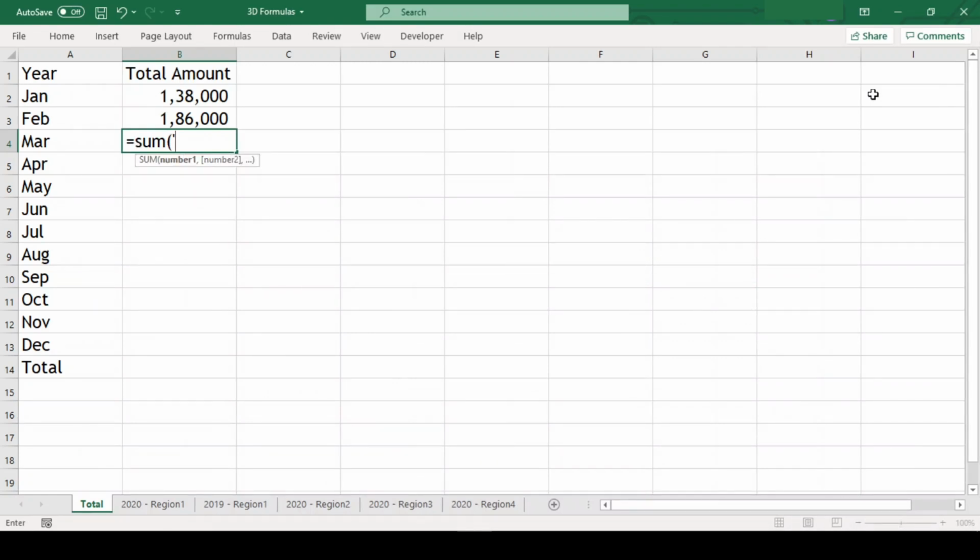We will use the sum formula again. Now instead of giving the worksheet range, we will give the common text in all the worksheet names which we want to include in the formula, with asterisk before and after the text, which should be enclosed in single quotation. After this, we need to give an exclamation mark as we did earlier, and finally the cell reference which we are looking to sum. So with this, we have reduced the length of the formula even more, and we got the